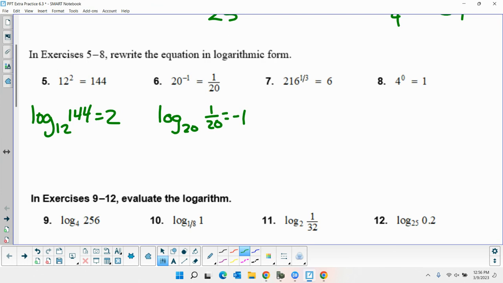That's right. Good. Morgan? Log base 216 of 6 equals 1/3. Good. Libby? Good. We're starting to get the hang of those, right? Those are the easy ones, right? Hopefully. And we're going to do